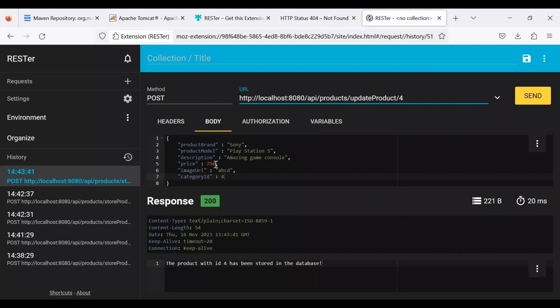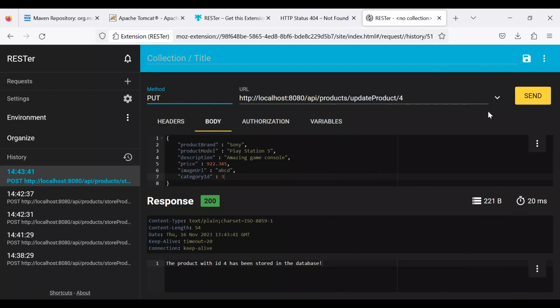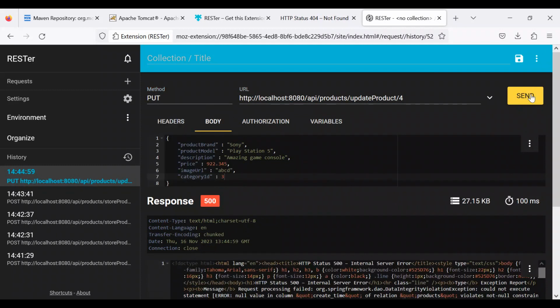And I will update the price and also I will update the category ID. And instead of post, I will type put, and I will get